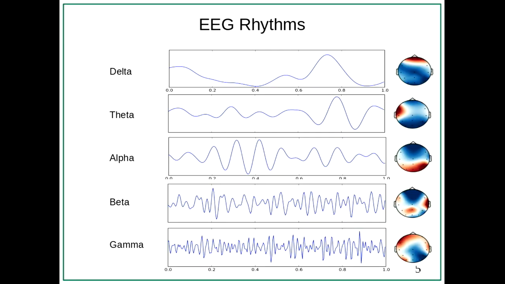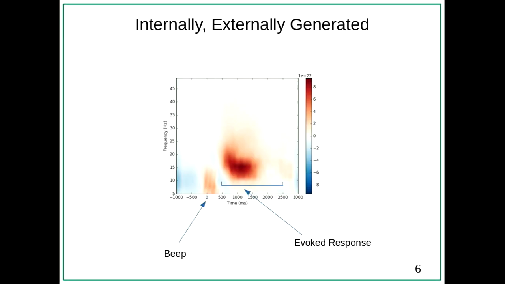So these waves, as I said, are internally generated, but they can also be externally generated. For example, you have experiments where your participant hears a beep, and as a result of this beep, some of these frequency properties change shortly after the beep. For example,